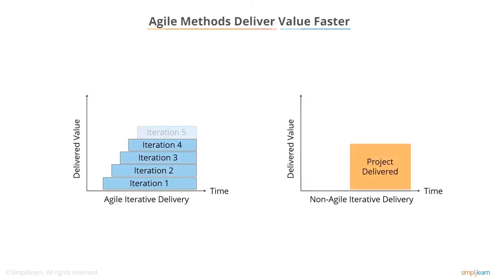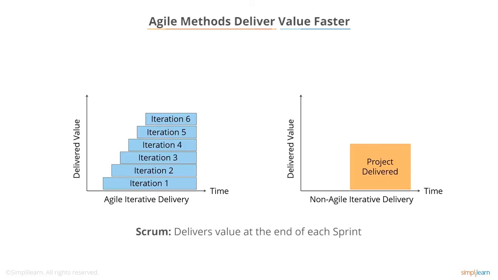This chart illustrates how agile methods deliver value faster. In the traditional approach, the chart on the right, you can see that the customer has to wait until the end of the project for the delivery of the working software and the realization of return on investment. Scrum delivers value or working software at the end of each sprint. Looking at the chart on the left, you can see how value is delivered clearly and incrementally from the very